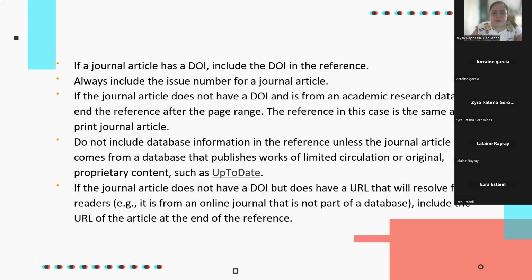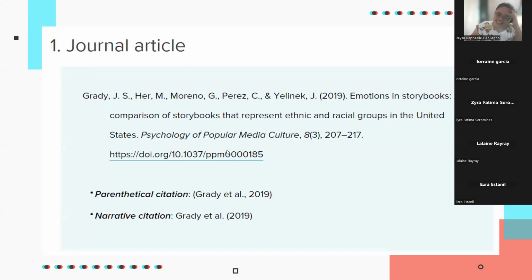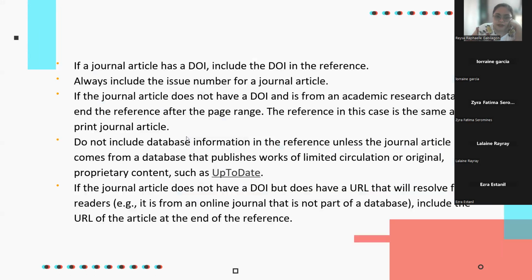Okay, so yan yung sinabi ko kanina, let us not discuss this one by one. Kagain na. Okay? So if kinuha nyo to sa ProQuest, no need to include information about the database. Just write the DOI or the URL. So, syempre, kung nasa body ito ng paper ninyo, you may use parenthetical, this one, or the narrative citation. Narrative if sinali niyo yung name ng author sa text mismo. Okay? So, pero sa references, ito yung magiging format niya.